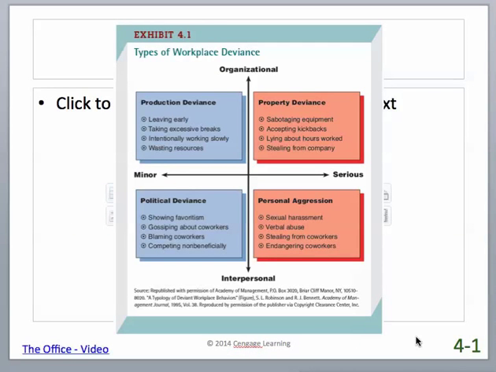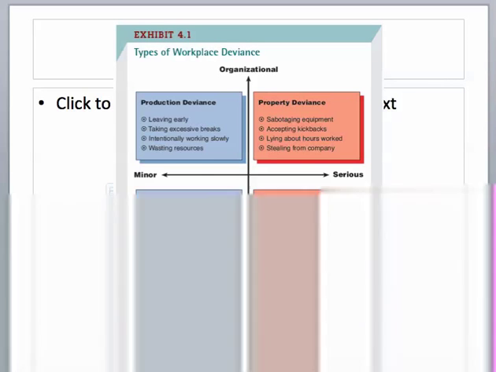Your book goes on to discuss 4 different types of workplace deviance. This is in Exhibit 4.1 on page 68 of your textbook. I'd like for you to make note of this particular diagram. You'll definitely see this